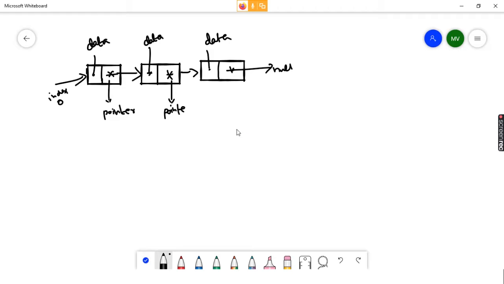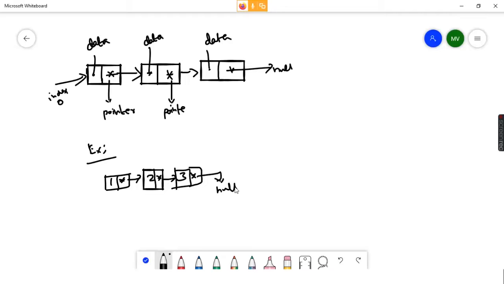For example, I just did one example linked list: 1, 2, 3. So 1 after 2, 2 after 3. This data is not pointing to a next value, so we have another field here, a pointer. This pointer will target the last element, and the pointer will target null. This is just to know what a linked list is.